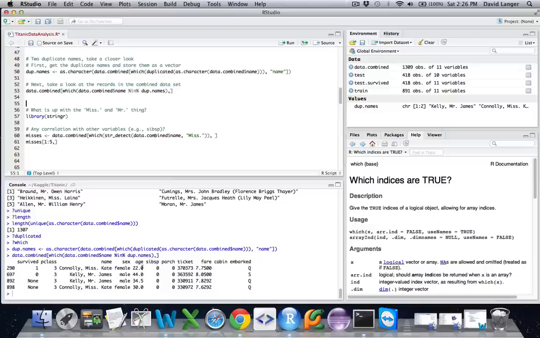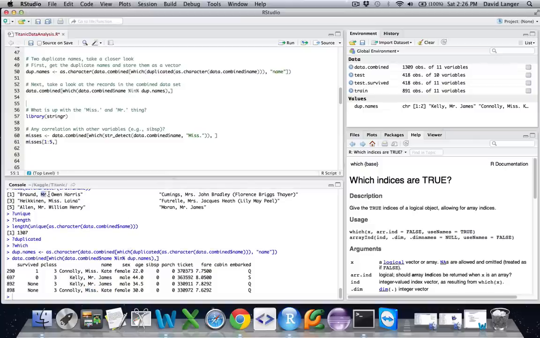Okay, now one thing that's kind of interesting, as we noted before, moving on, is within the names there are these titles. And they seem to be pretty important because as we saw up here, we got Mr., we got Mrs., we got Miss. Every record seems to have one. So they took a lot of great pains to put them in there. So what that should tip you off as a data sleuth is maybe there's something interesting going on there. Maybe there's a pattern. Maybe there's some predictive power with these titles. So that's probably worthy of some further investigation.